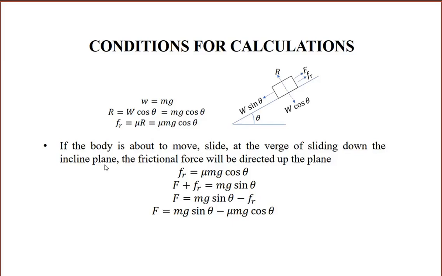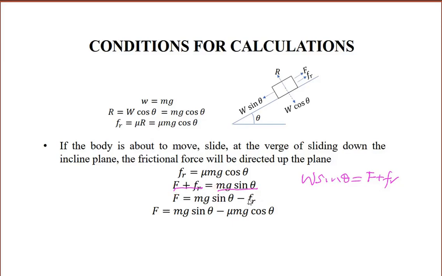Since the body has not actually moved but is showing a tendency to move down, the force moving the body down, which is W sine theta, will be equal to the force moving the body up, which is the force applied plus the frictional force. So the force applied plus the frictional force will be equal to the force that tends to move it down, which is